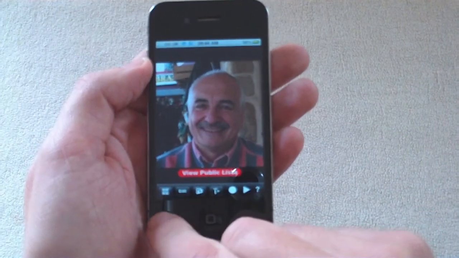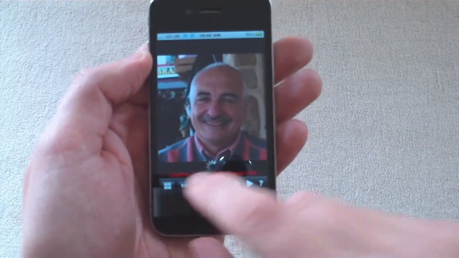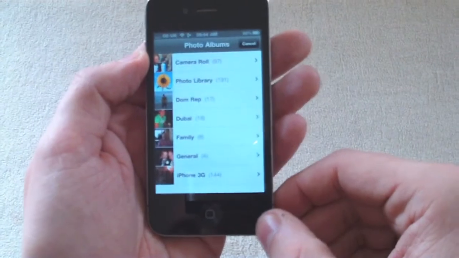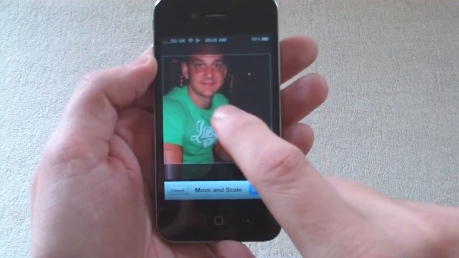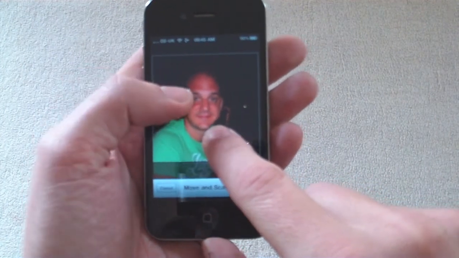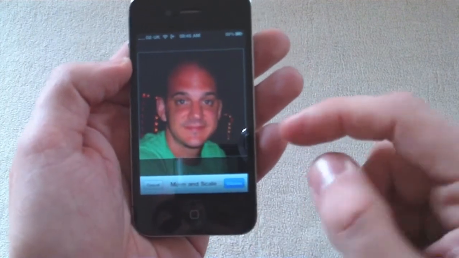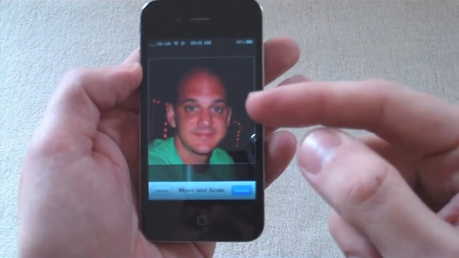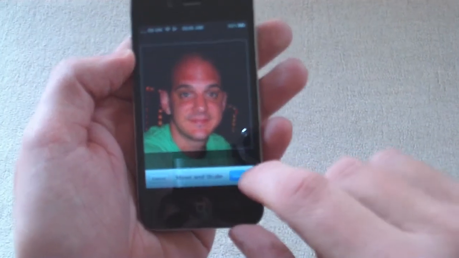So you want to tap the very first icon here on the left hand side. It's like 4 little white squares. It takes you through to your photo albums. So I'm going to select this album, I'm going to select this photograph, and using standard iPhone gestures I can pan and pinch and position this photograph inside this square. Anything inside the square will be chosen and anything outside the square is going to be cropped. So when you're happy, just click on choose,